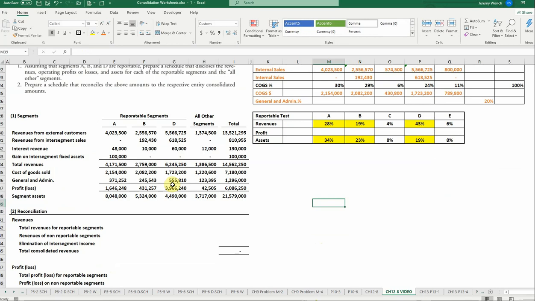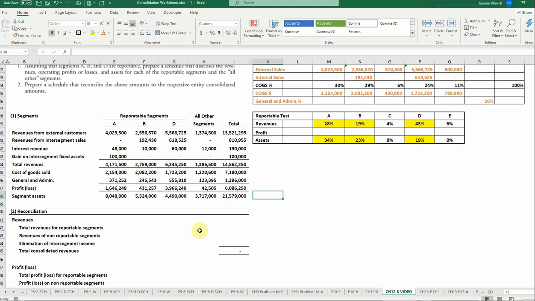So then part 2 is, GAAP tells us that we need to reconcile our segment numbers versus our consolidated financials. And so the reason we need to do the reconciliation is, as you notice, when we do this segment reporting, we're including inter-segment sales and expenses within the report, because that shows the true profitability by each segment. However,